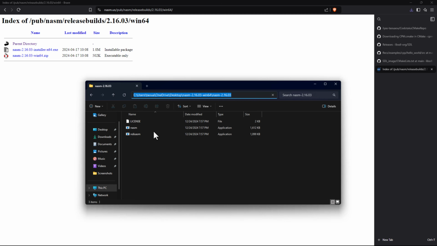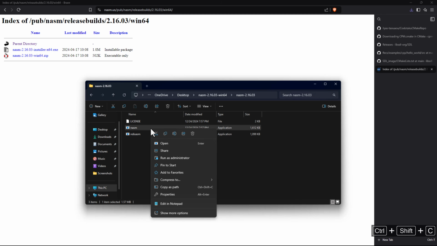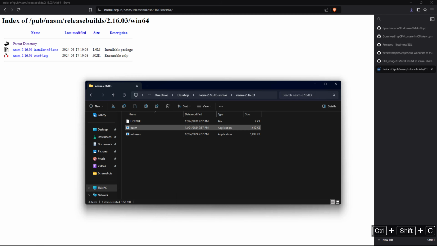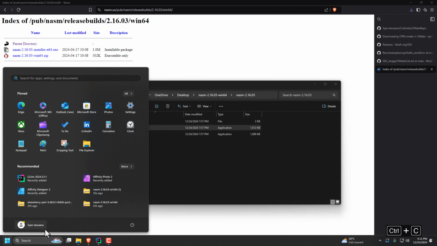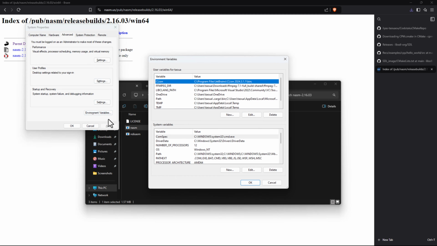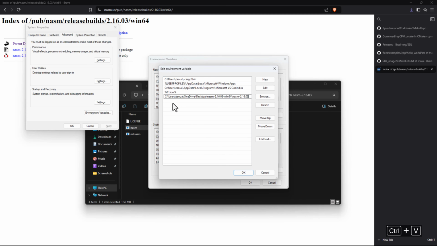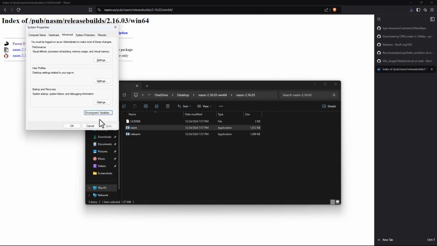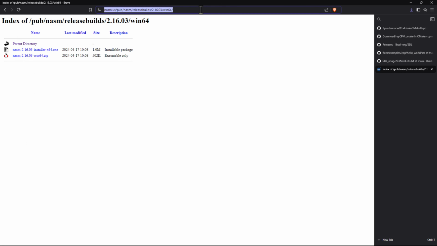You're just gonna copy this path here, the directory, and then look for environment variables, and basically add it to your path right here. Just add that path there, and you should be good to go for NASM. There we go. For Perl,